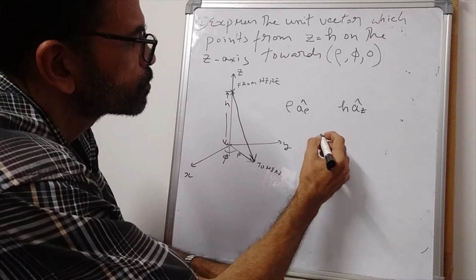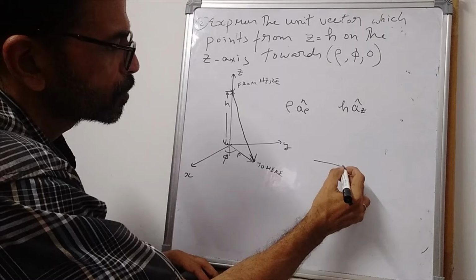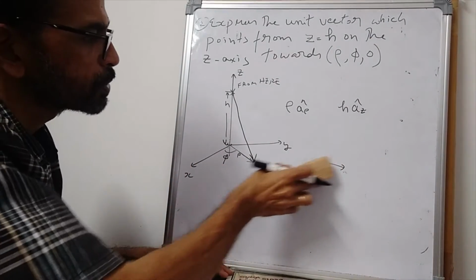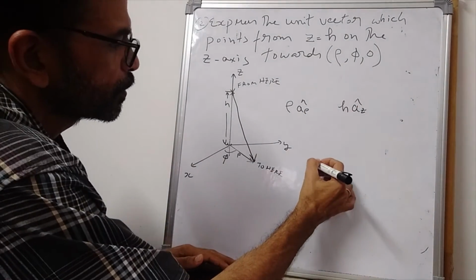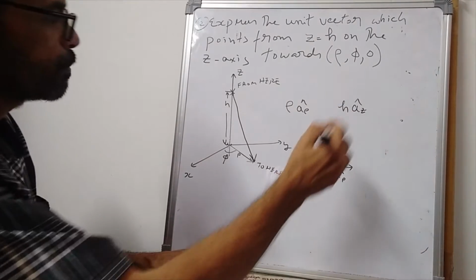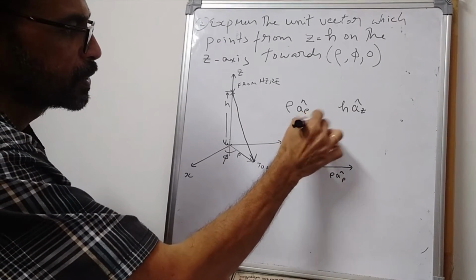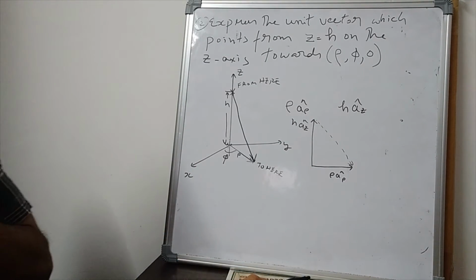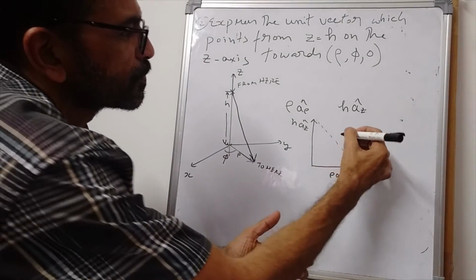Now, our problem is, if you look at it from this angle, we have vector rho arrow cap and h az cap. We need to find this vector. And we can easily write that this vector is